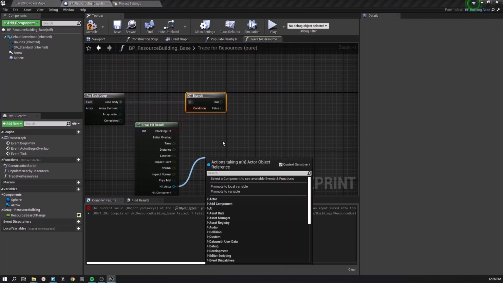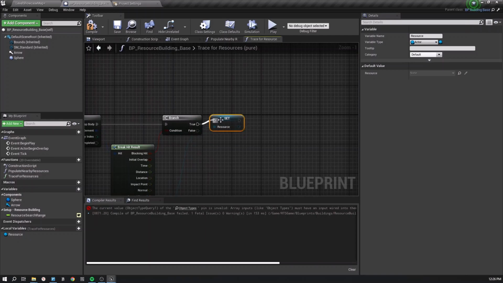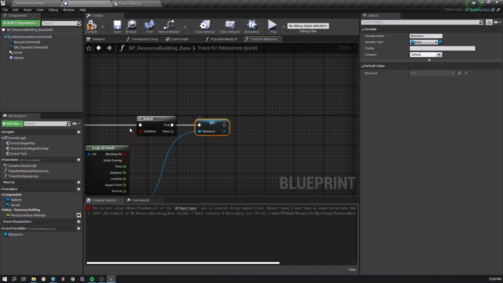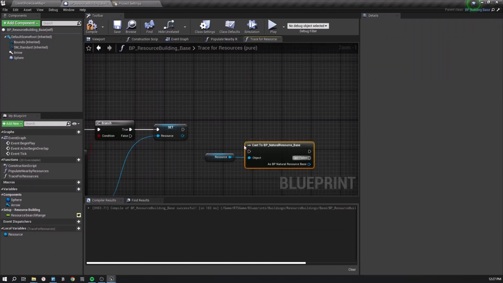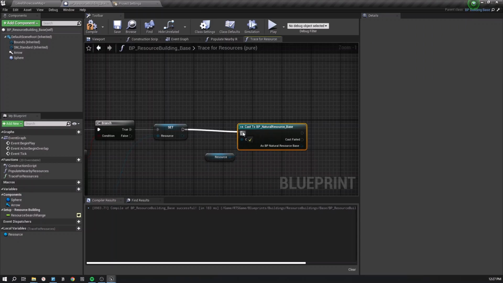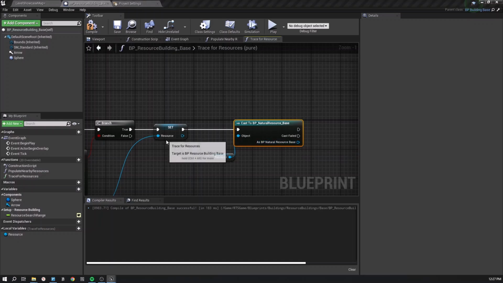so I'll promote this hit actor as local variable called resource, and so this is just an actor type, but we need a reference for the resources, resource base. So therefore I will cast it to resource, natural resource base. Then we can get natural resource base object reference, and